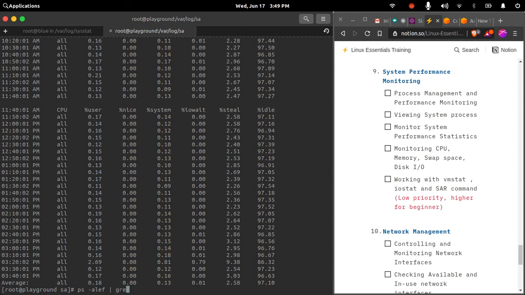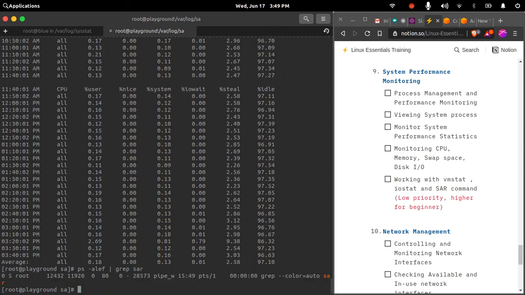So if I check, there is some other daemon that should be running. What is its name?